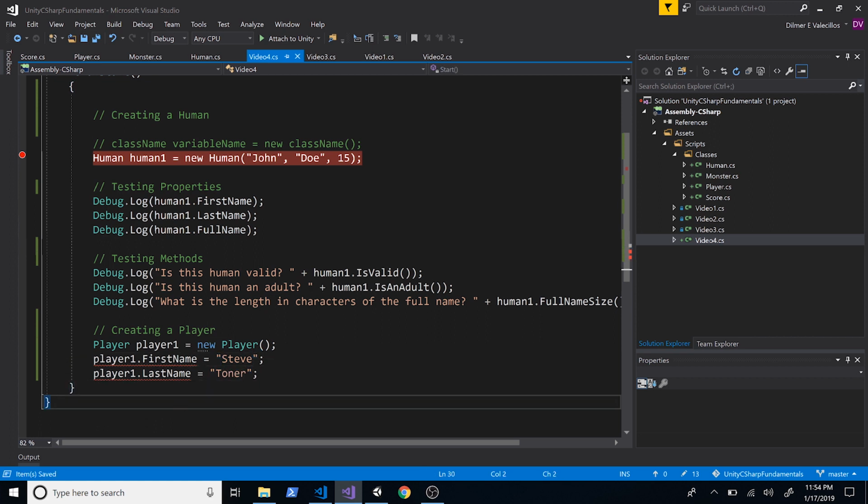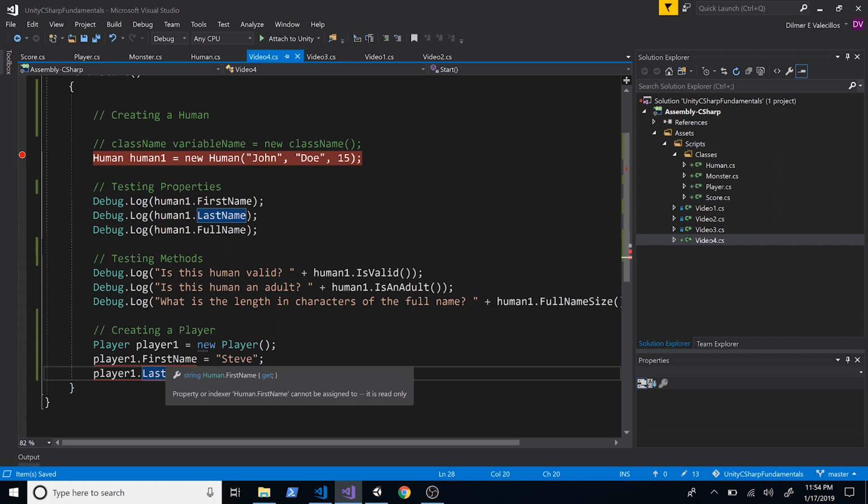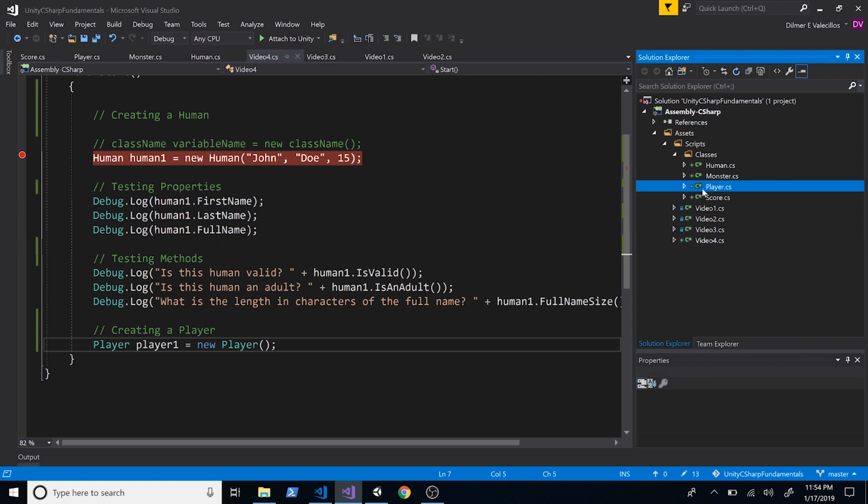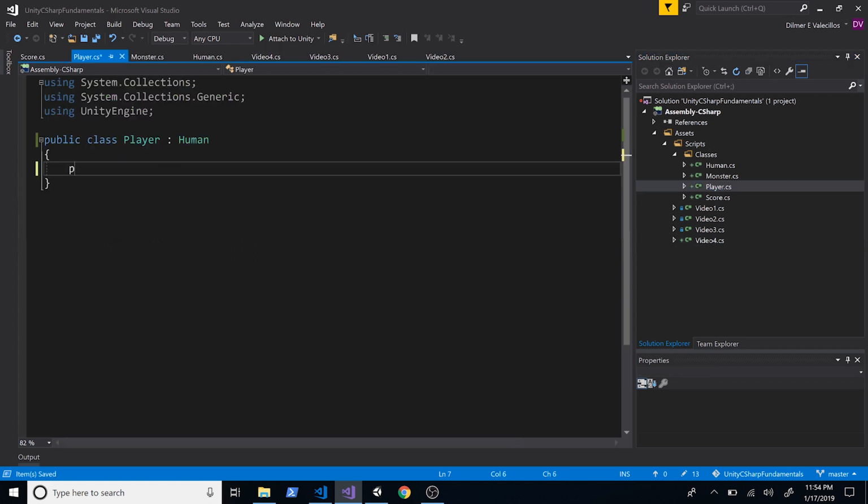Excellent. But if you notice, I don't have access to setting these variables, and the reason for that is because this is only a getter. I didn't allow anybody from the outside to set those variables. So how do we fix that? If we go back into Player, we can actually just call the constructor. We can do public Player, and then we could specify everything in here, or we could actually do,